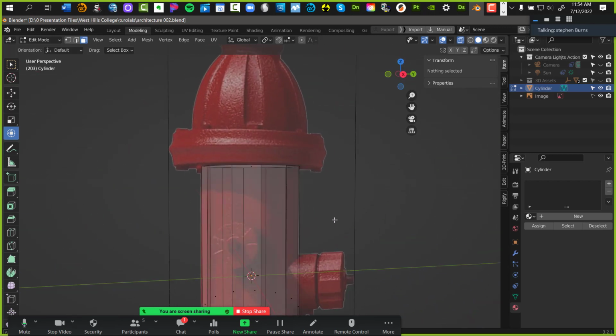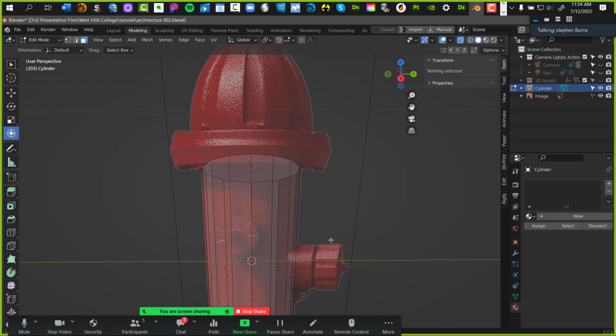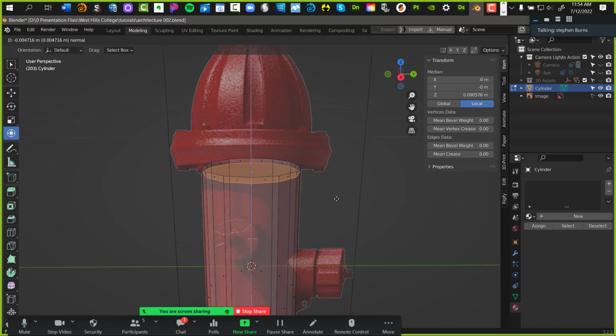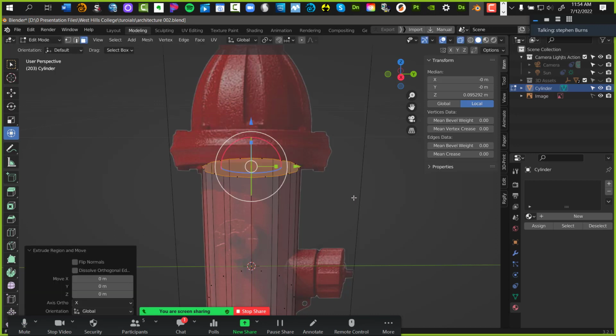So whatever you're working on now, just go ahead and stop and watch me up here. I'm going to grab this front face and extend this out. The way I'm going to do it is hit the E key for extend. Watch me. When I hit the E key, it's going to stick to the mouse and it's going to want to extend it upwards. What I want to do is right click to get it to reset back to its base.